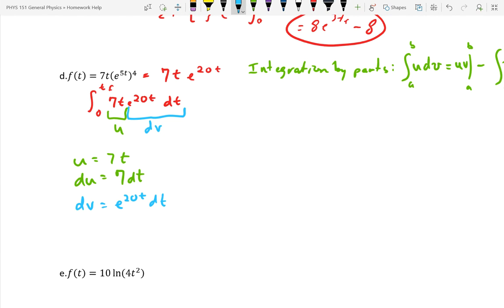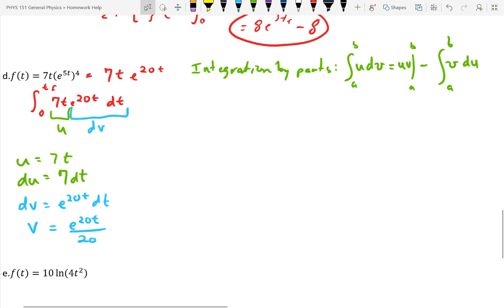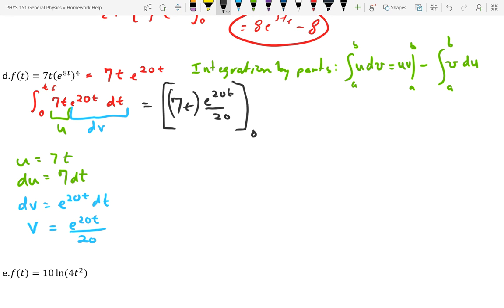So if I integrate that, just like Alex had to do, I'm going to have v is equal to e to the 20t over 20. And so I'm going to put these blues and greens into my integration by parts equation. And so my integral is going to be equal to u times v, so that's going to be 7t multiplied by e to the 20t over 20. Going to have my limits from 0 to t final on that,